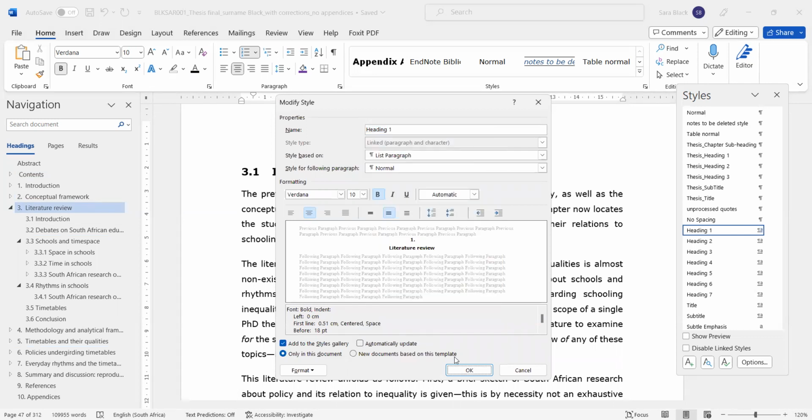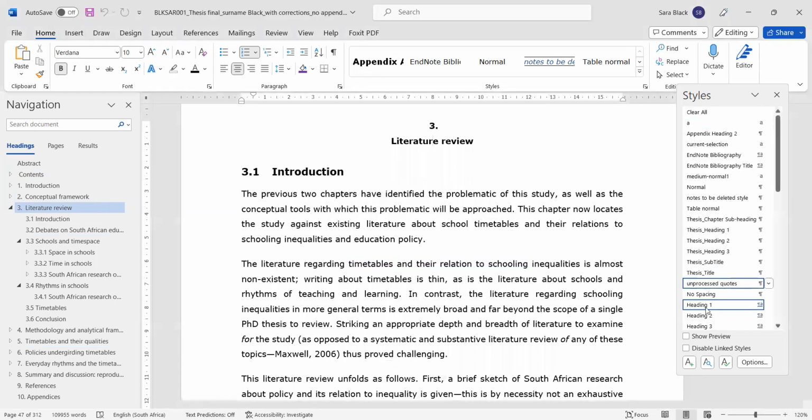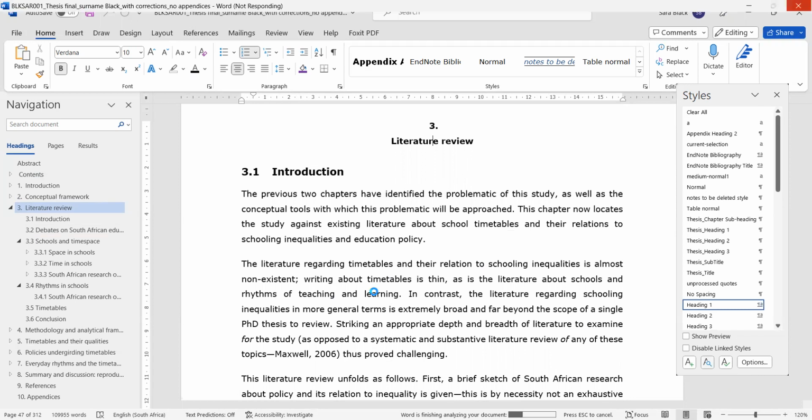All right, this is a good example where we can show you how to examine styles. At the bottom of your styles pane, you will see 2 other buttons. We've already used the new style button. This one is called a style inspector. It's an A with a little magnifying glass. You click on that, and then you click on a particular